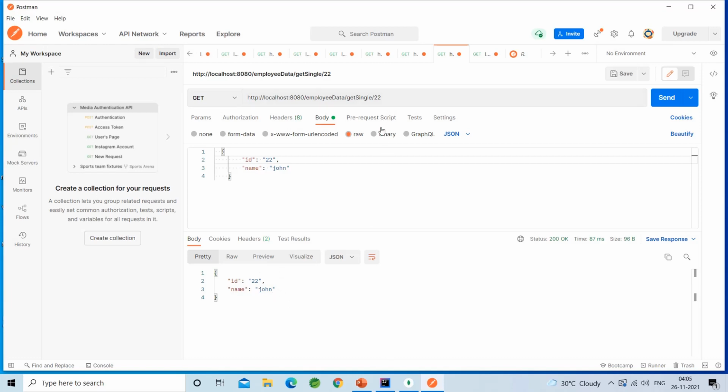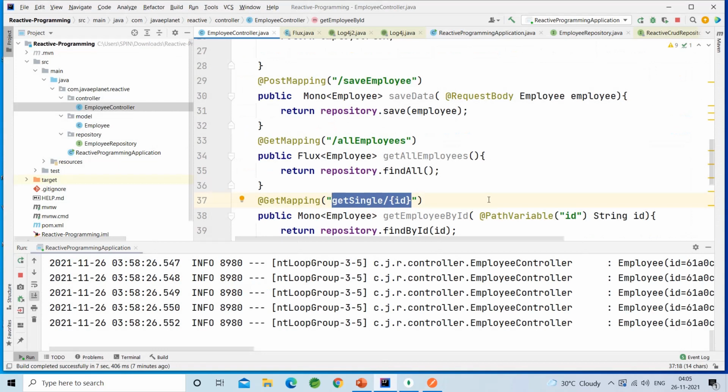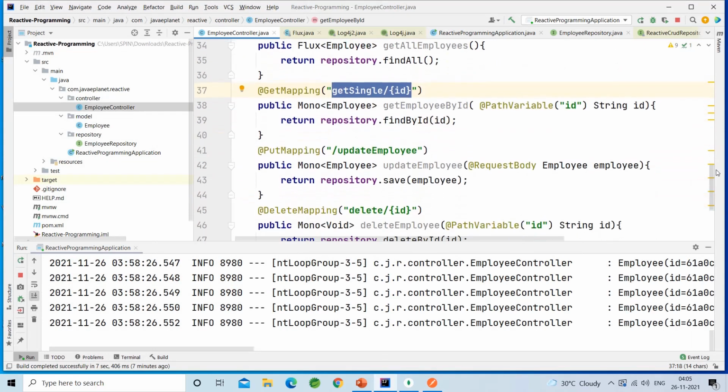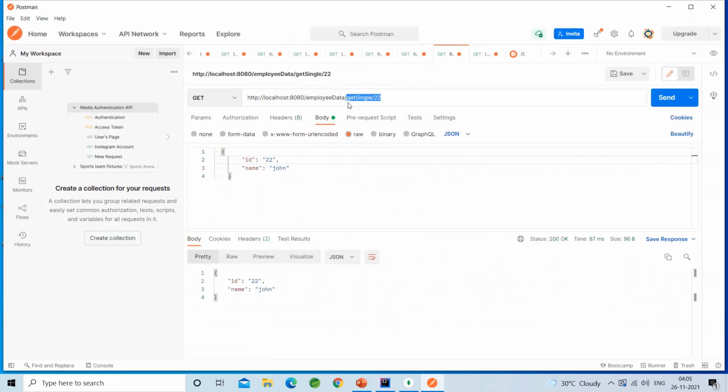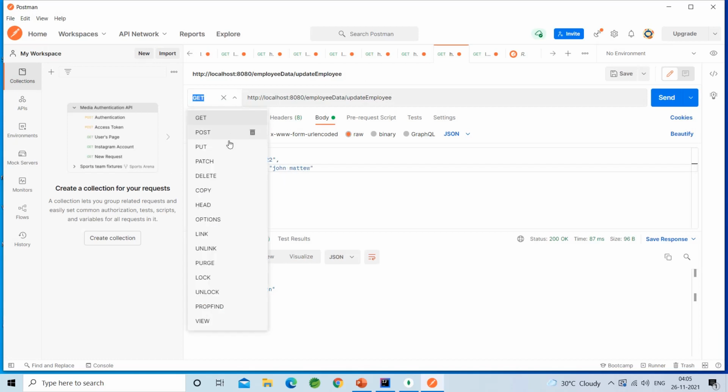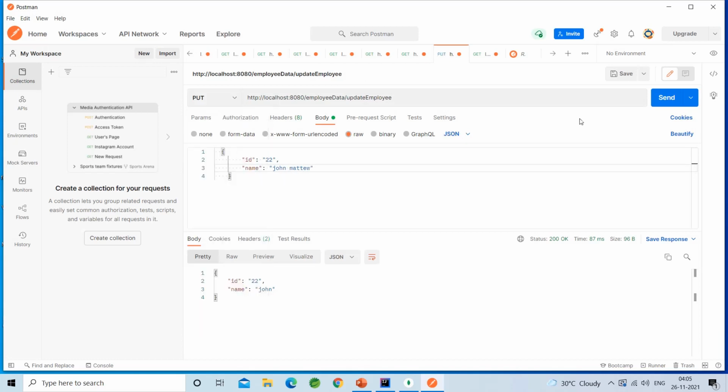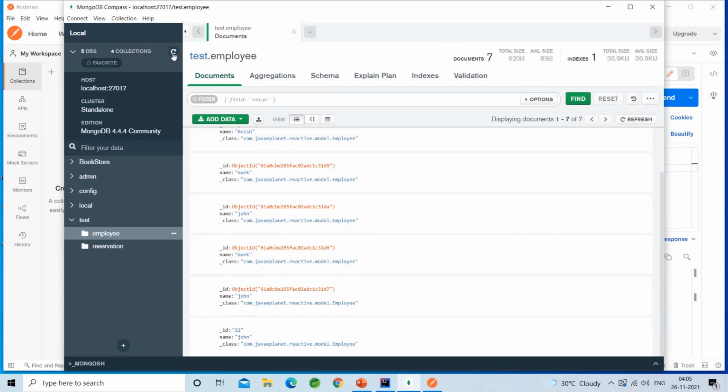Now we will update. We will update John to Matthew. For update I am using PUT. See here, 200 OK response, John Matthew. Let me check it in the database. See here, John Matthew.